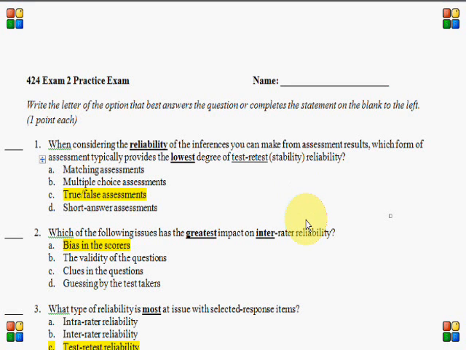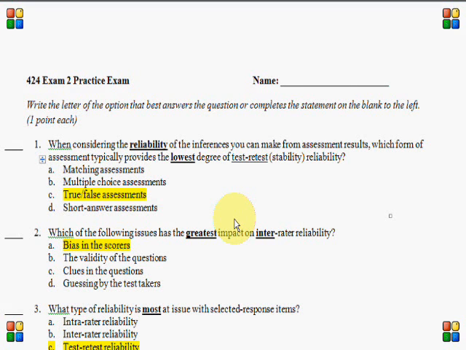Okay, I'm just going to be going over the answers with a little explanation as to why it's the right answer, just to clear up any confusion that might exist. So, for question 1, the idea behind this question first is whether or not different things or different formats impact